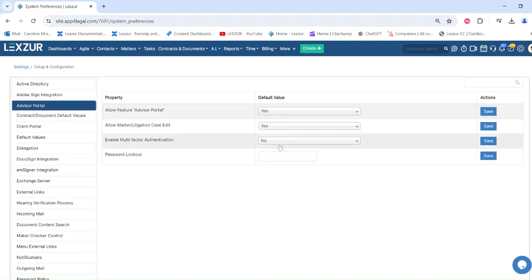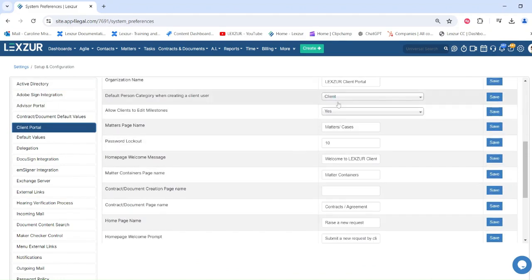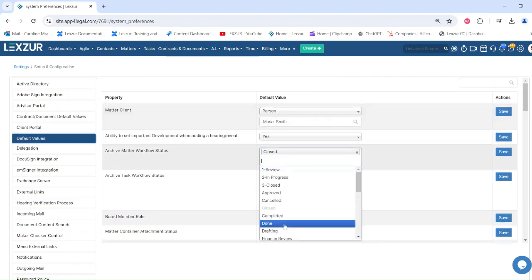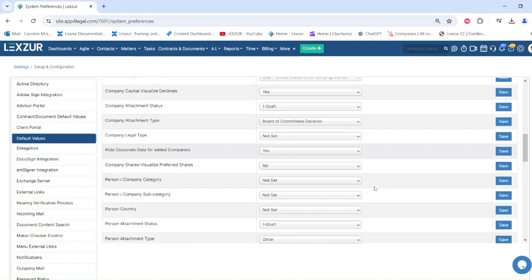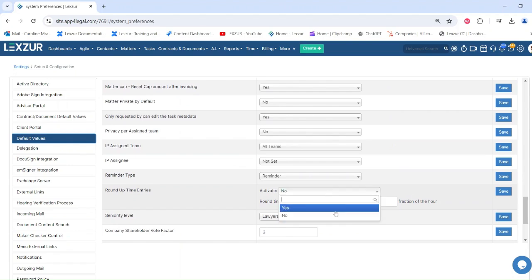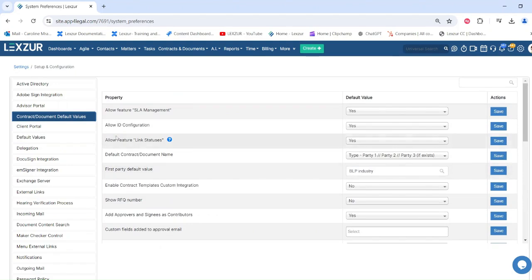For instance, you can enable Active Directory, Advisor Portal, and Client Portal, along with specific configurations for these portals. In the Default Values tab, you can set system defaults such as types, statuses, roles, currencies, categories, and rounding time entries. Similarly, contract defaults can be configured in the Contracts Documents Default Values tab, where you can set default contract